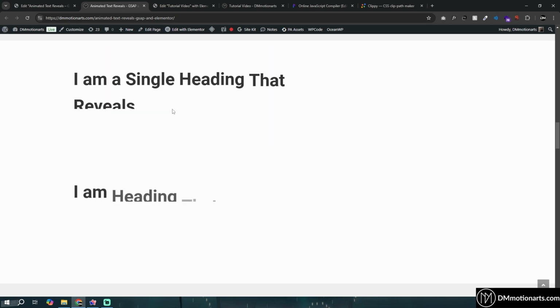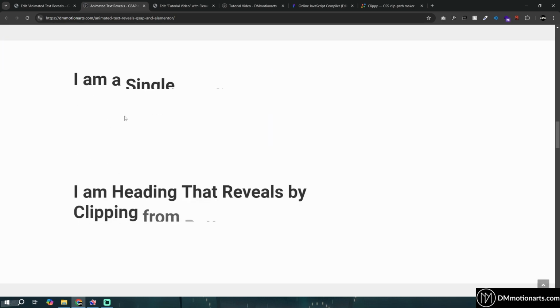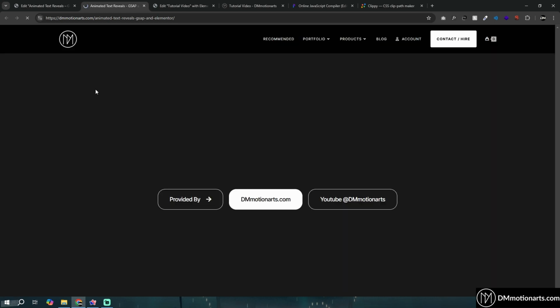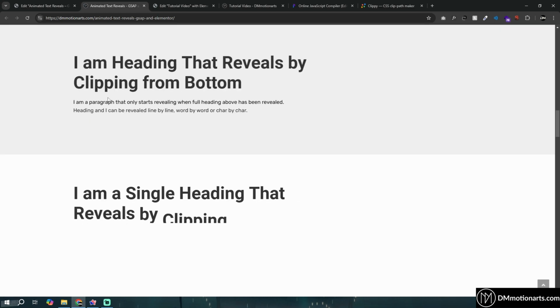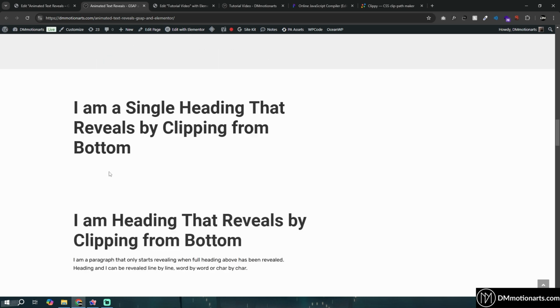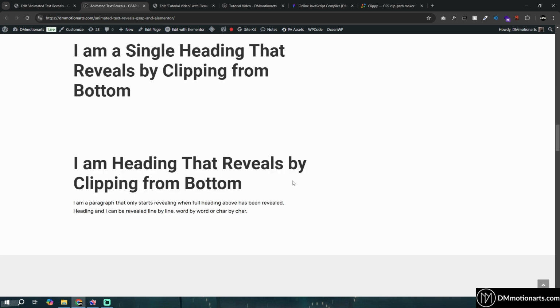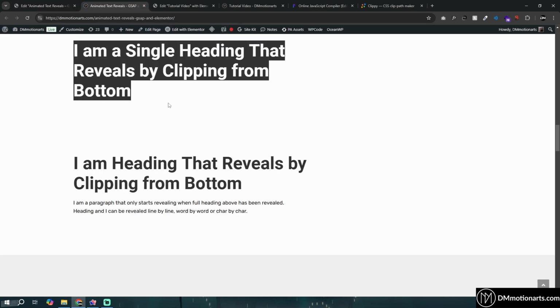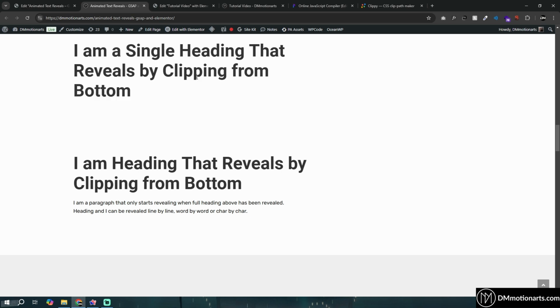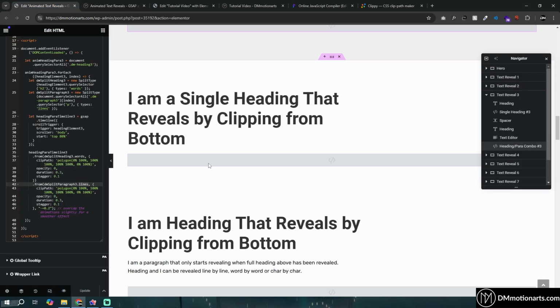The next one is different. So if I scroll down or refresh, you could see that this is different. So I don't know if you can see the difference, but this one does not actually move down to up. So the text does not move down to up, but in this one, the text comes from the bottom like this. This one was a bit complicated to make, so I think you could only make it go from bottom to up, simply because we are using Elementor, right? And then we are trying to change the stuff that Elementor is making in HTML to make this effect work. So you cannot change this to left and right. You can only use bottom and top. Again, you could try it out, but